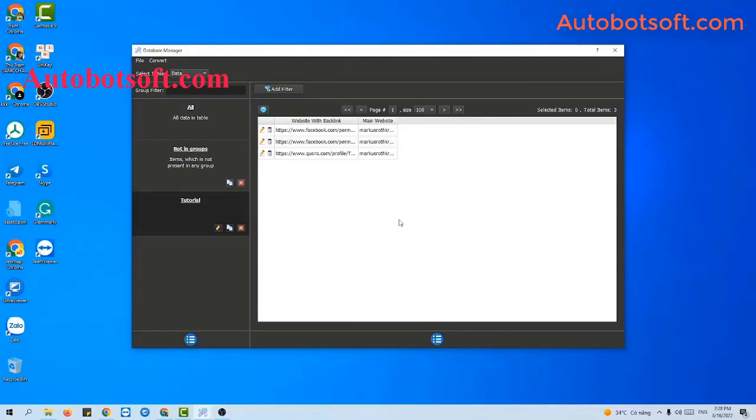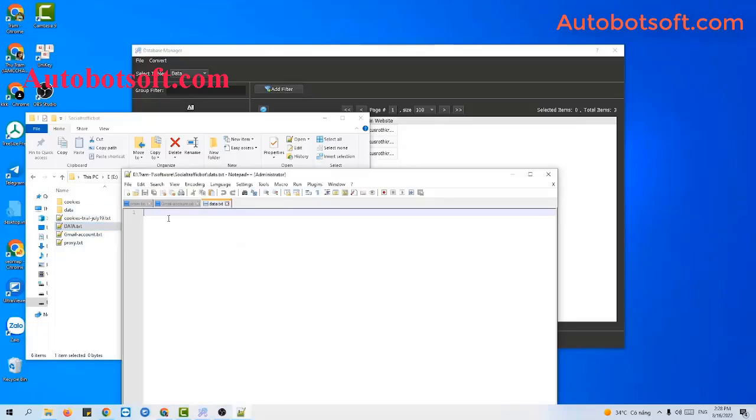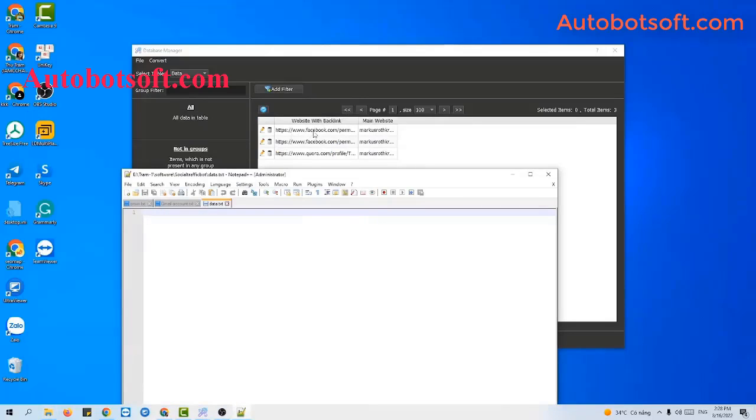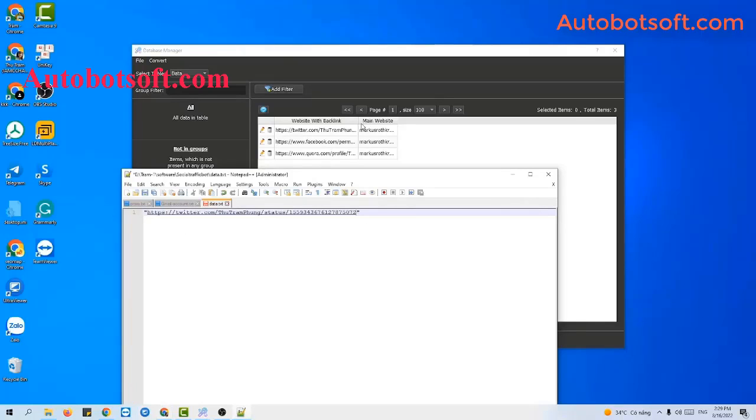The second way for you to import data is you will import a file. To do this, you will create a text file to save data. Then you need to enter the website with backlink and main website into this text file. You separate them by the comma. And first you copy link, a backlink, and remember to put it into the quotation mark like this, and then